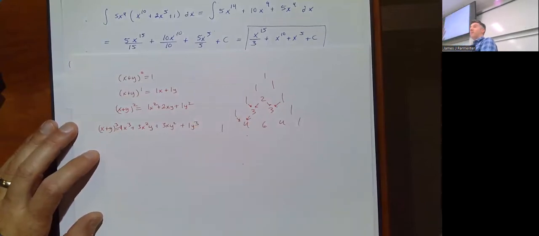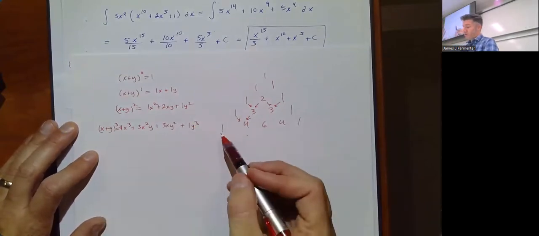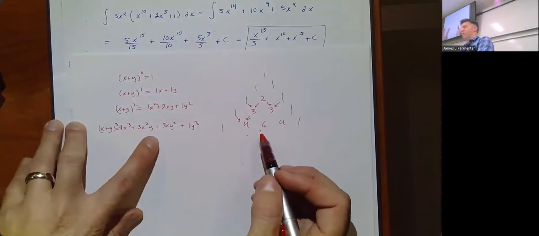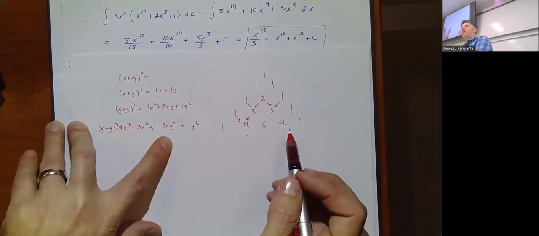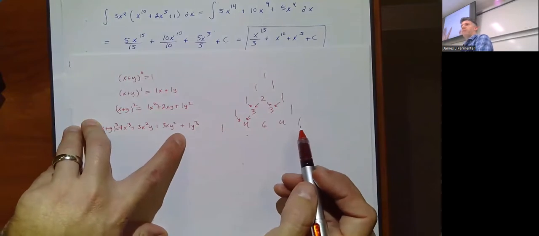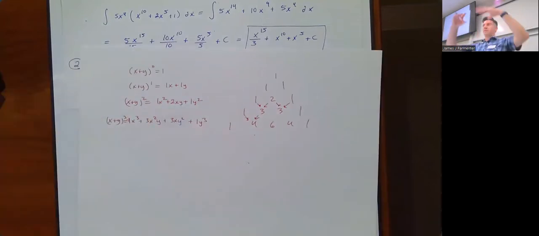And it goes on. You could say that x plus y to the 4th is 1x to the 4th plus 4x cubed y plus 6x squared y squared plus 4xy cubed plus 1y to the 4th. So if you ever have to multiply out something plus something to some power, you can use Pascal's triangle to figure out the coefficients really quickly. So back here,